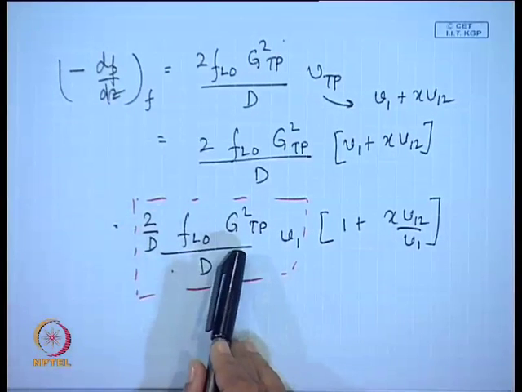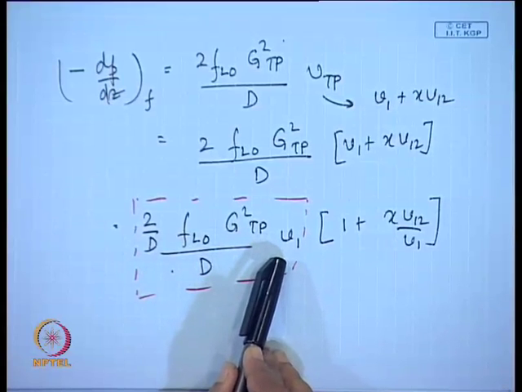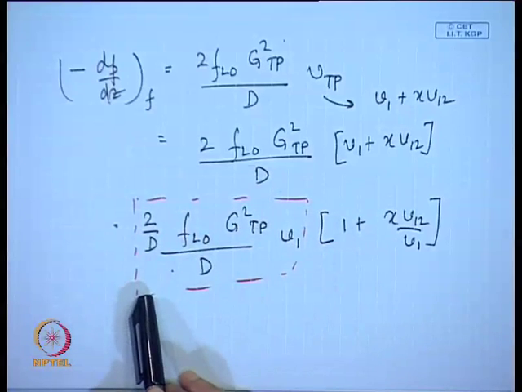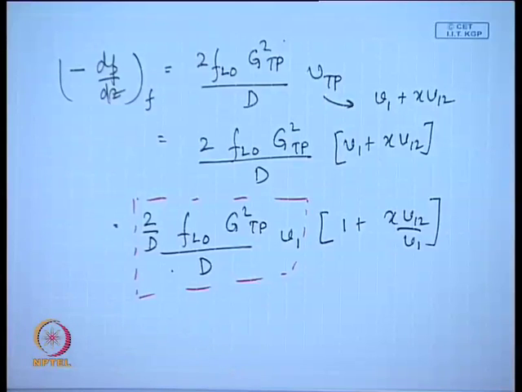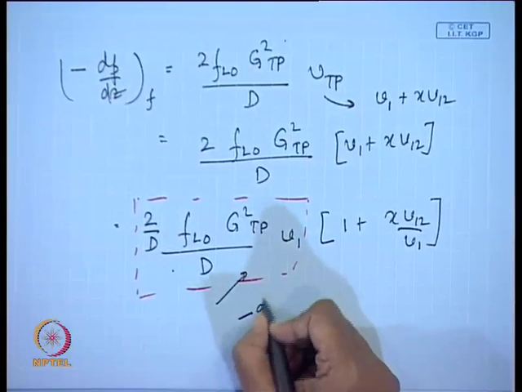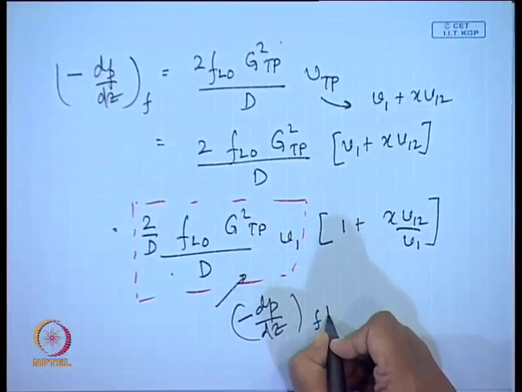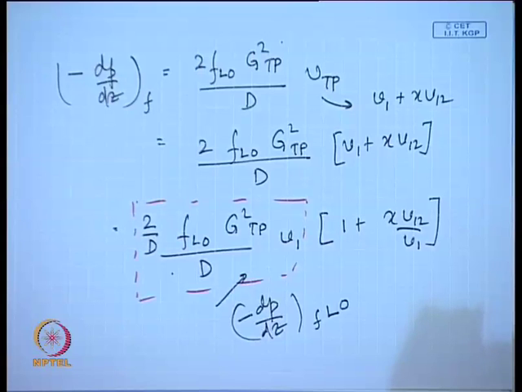Just note, since there is GTP here and V1, that is the specific volume of the liquid phase. So, therefore, this term signifies the pressure drop when the entire mixture flows as liquid only through the pipe. Do you get the point? So, therefore, this can be substituted as the frictional pressure gradient for liquid when the entire mixture flows as liquid